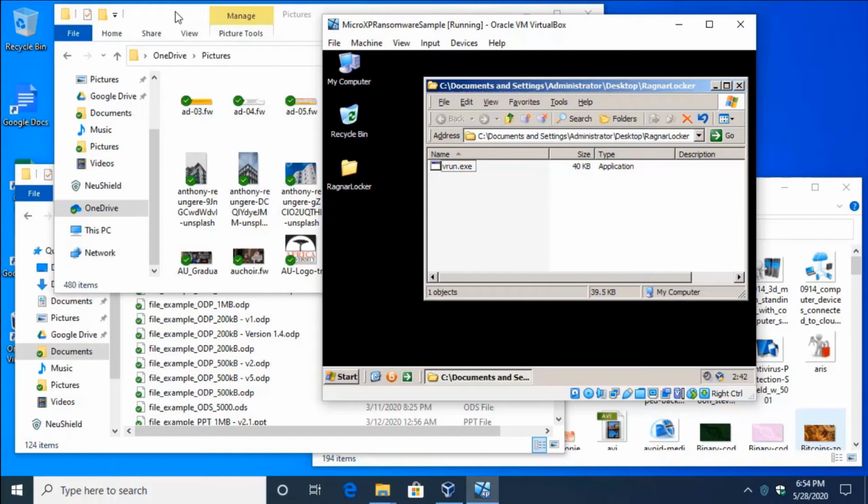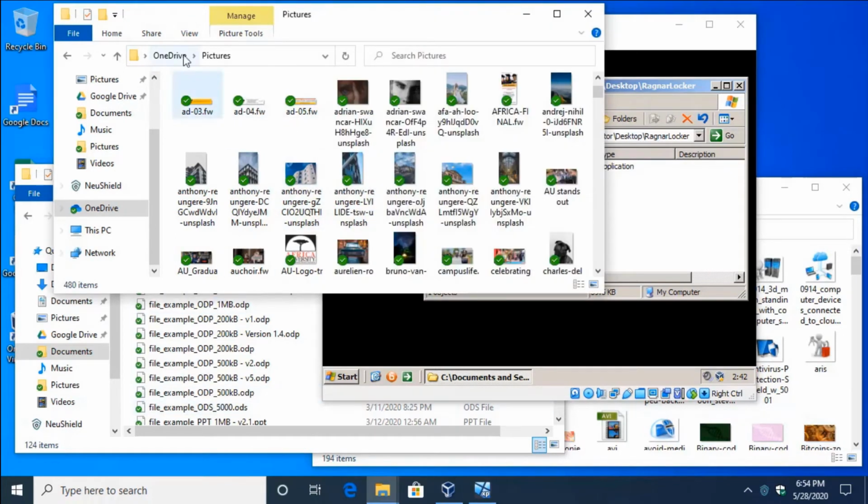Now, of course, AV on the host cannot detect this since the virus is actually running inside the virtual machine, and there's no AV on the virtual machine. There's no way for the AV to detect this. However, we'll show you that since the time this ransomware first came out, NewShield has been able to recover this one. So let's go ahead and get the video rolling.